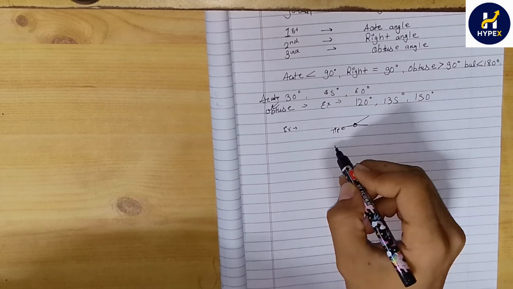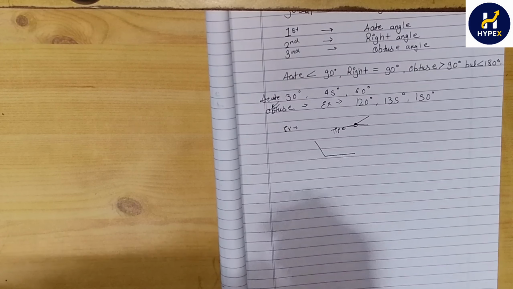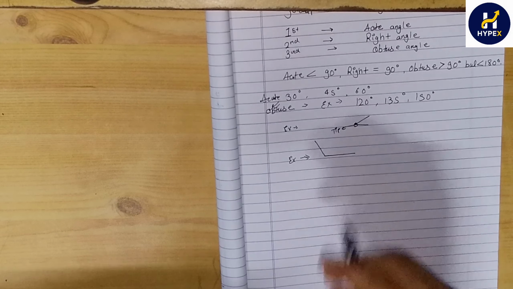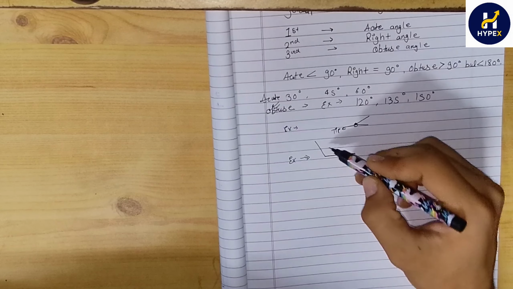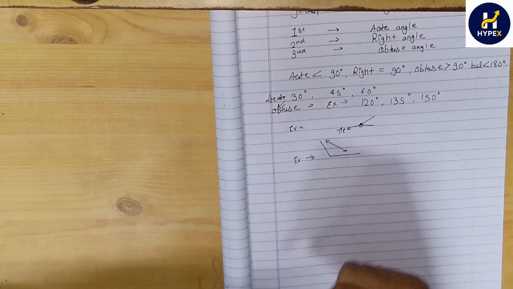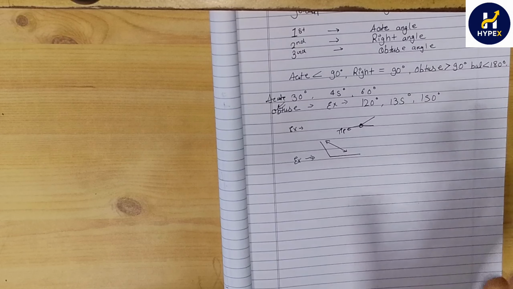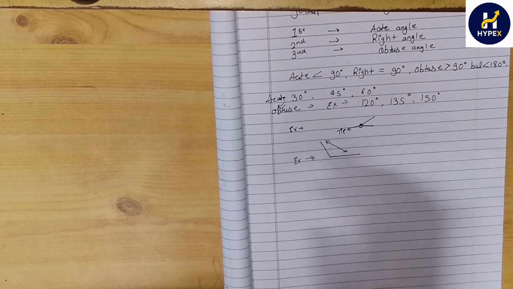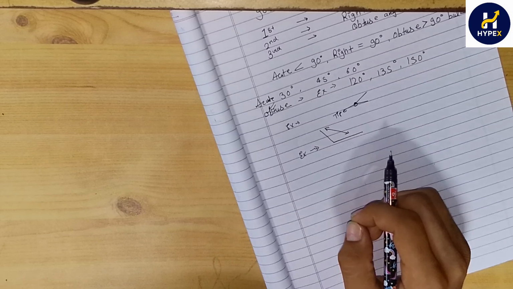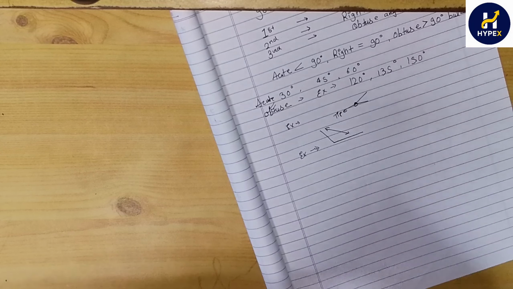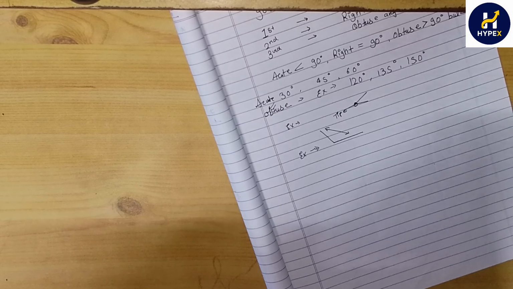Obtuse means blunt. Here is an obtuse angle. An obtuse angle looks wider and less pointed, like a blunt object. So it means blunt. Here is the reason for choosing the names acute and obtuse angle. So our final answer: these words were chosen because the appearance of the angles resembles the meanings of these words. Acute angles look sharp while obtuse angles look blunt or wide.